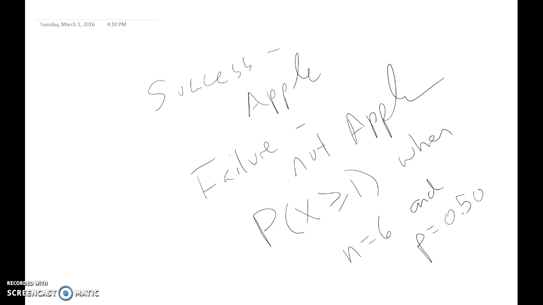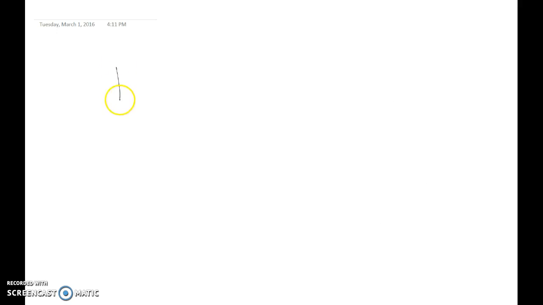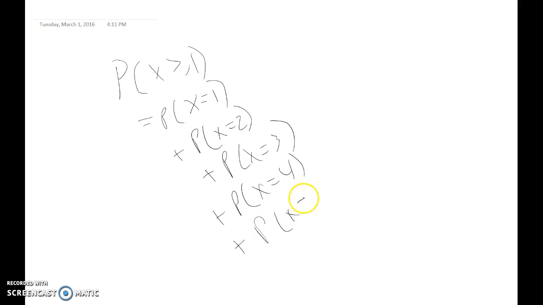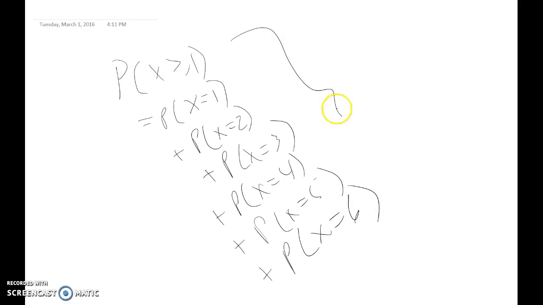The probability that X equals 1 plus the probability X equals 2 plus X equals 3 plus X equals 4 plus X equals 5 plus X equals 6. Well, this gives a probability of 0.984. Another way you could have answered this was by realizing that the probability X is at least 1